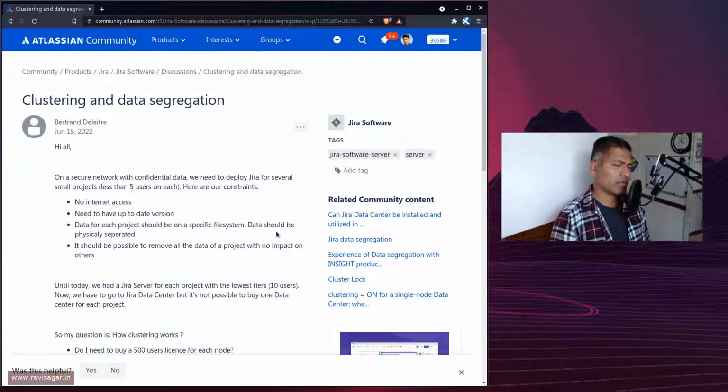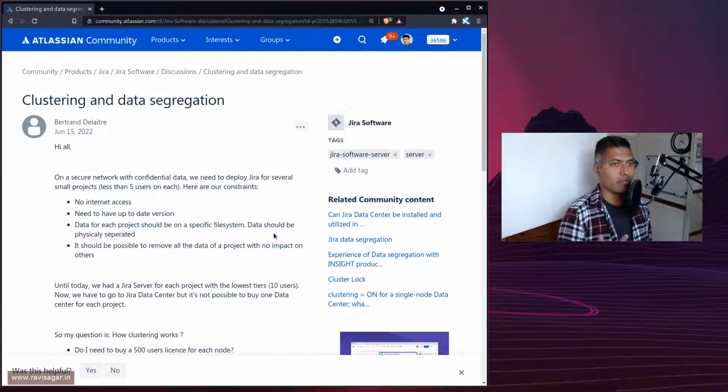Today let us take a look at this question on the community about data segregation, and this is interesting because I have encountered similar questions in the past. Now the question is not just any question, but I have done something similar in the past. The question is about managing multiple projects, but due to some constraints, some security concerns, the requirement is to have a separate instance of Jira